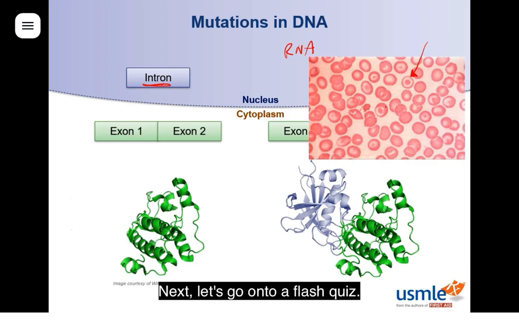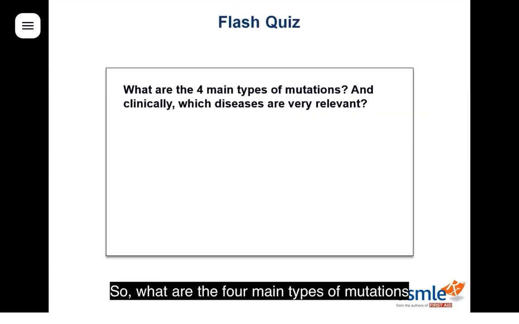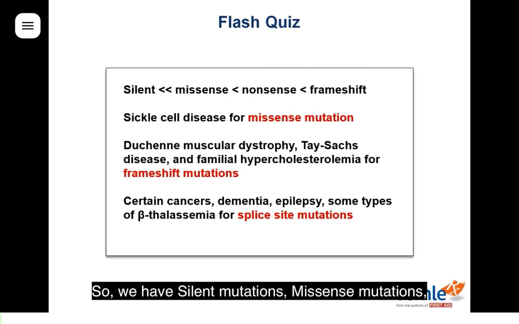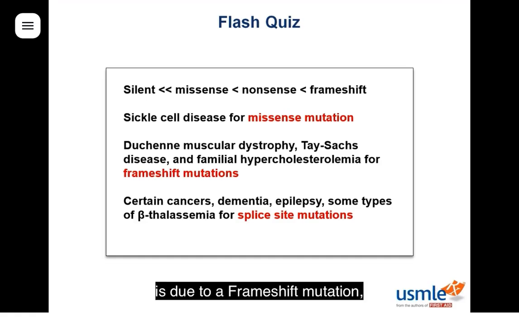Next, let's go on to a flash quiz. So what are the 4 main types of mutations, and clinically, what diseases are very relevant? So we have silent mutations, missense mutations, nonsense mutations, and frameshift mutations. And again, in summary, sickle cell disease is due to a missense mutation. Duchenne muscular dystrophy, Tay-Sachs disease, and familial hypercholesterolemia are due to a frameshift mutation, while certain cancers, dementia, epilepsy, and some types of beta thalassemia are due to